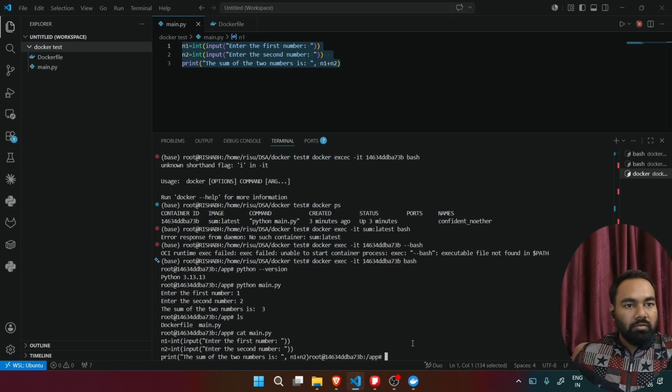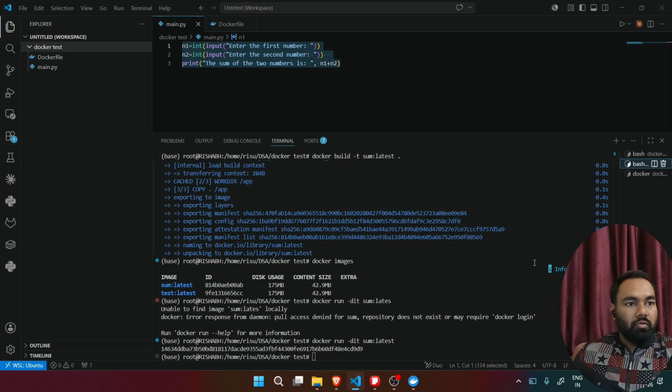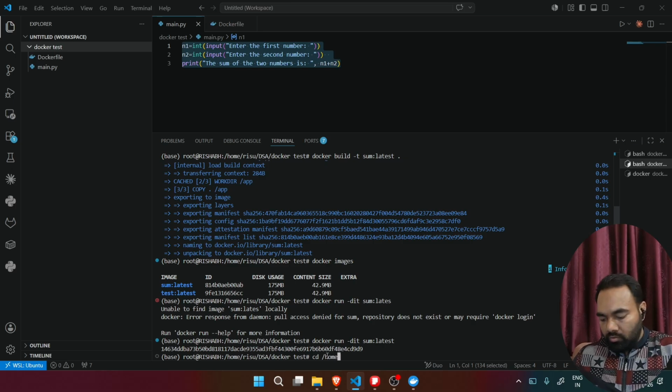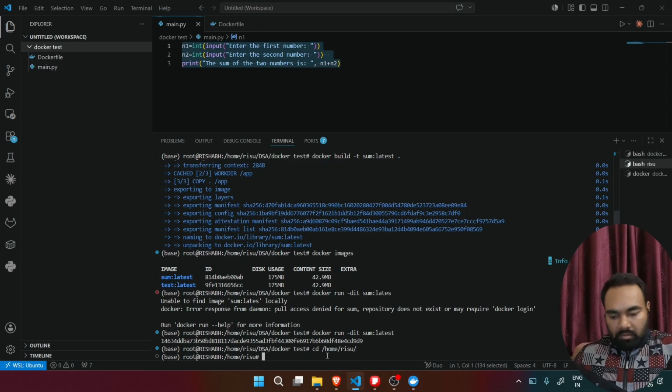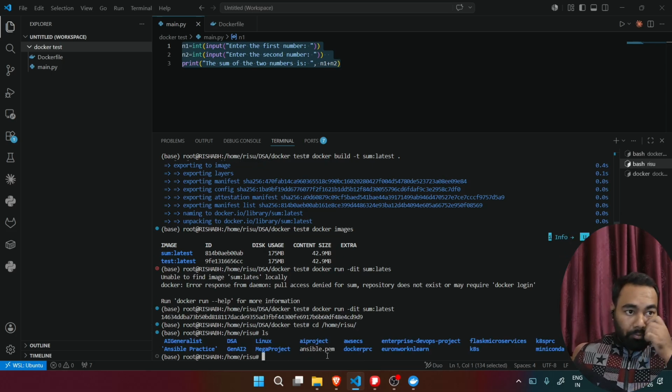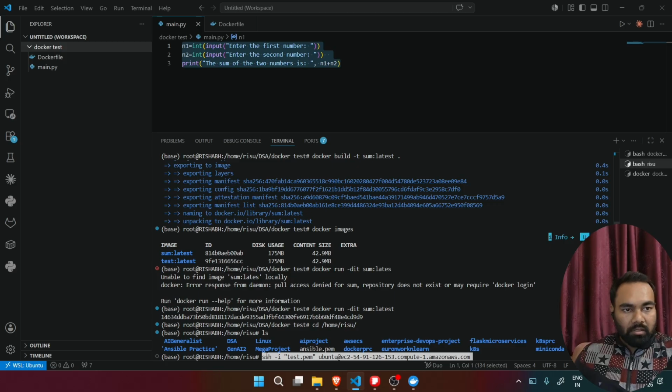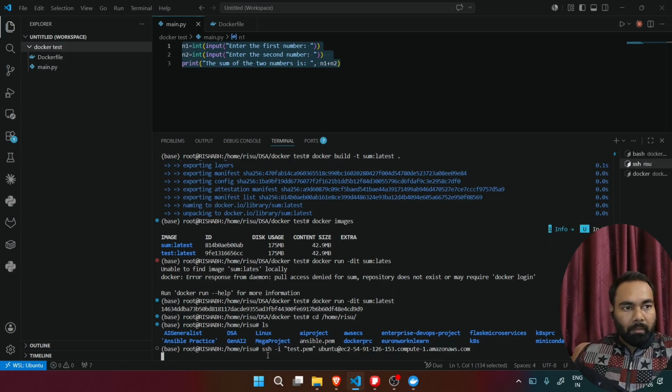Now I have to go to cd /home/, and here I will have my pem file, like test.pem file. It will be used for connecting to my server. So yes,